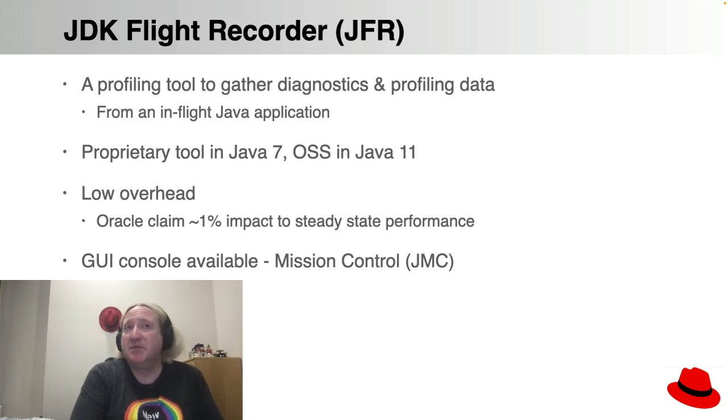When they merged it into HotSpot with Java 7, it became Java Flight Recorder, and then when they open sourced it, because from Java 7 up to Java 11, JFR was a proprietary tool. It didn't have an open source implementation. You could only use it in production if you were prepared to pay Oracle for a license. But in Java 11, JDK Flight Recorder was added to OpenJDK, renamed to JDK Flight Recorder, and now everybody can use it. It's a very nice profiling tool.